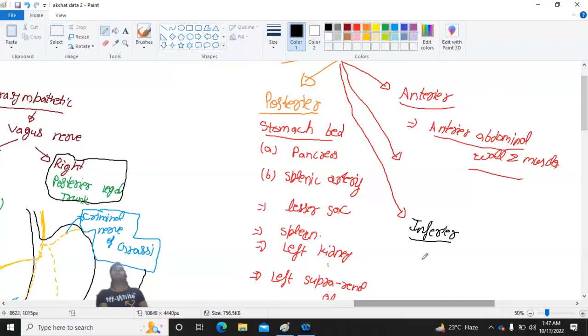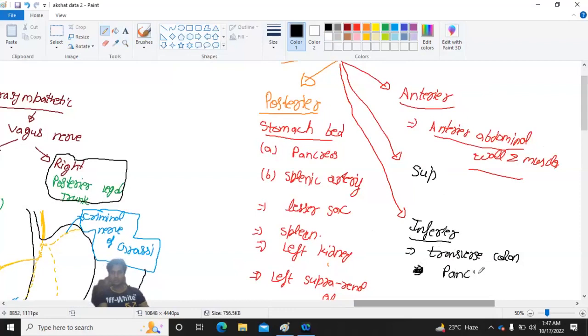Inferiorly, we know the transverse colon also comes in this inferior relation, and also the pancreas. Basically the pancreas also slightly comes here, because the pancreas is present posterior inferiorly. So we can also write it here, but not right. True. But and superior